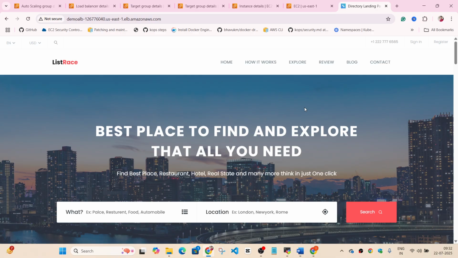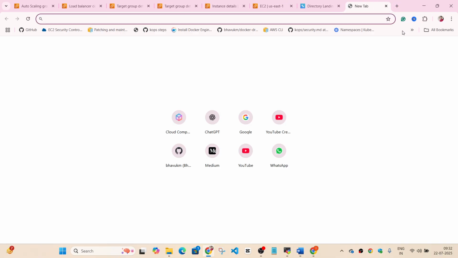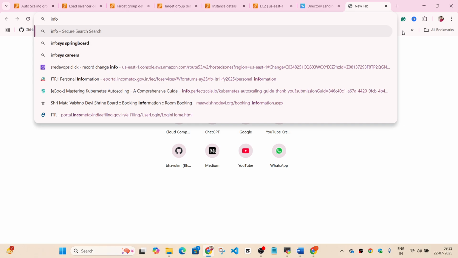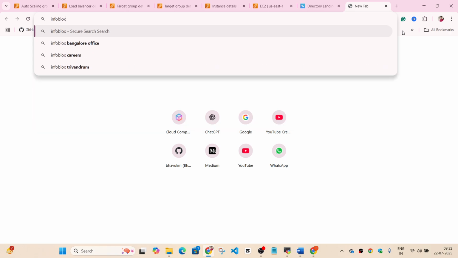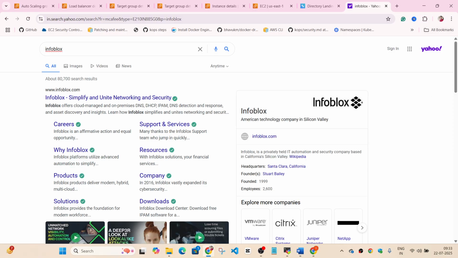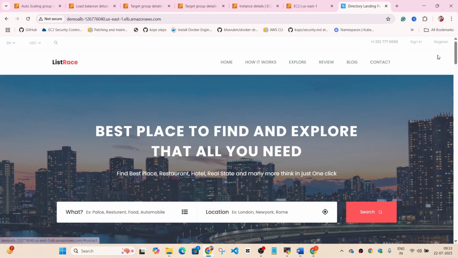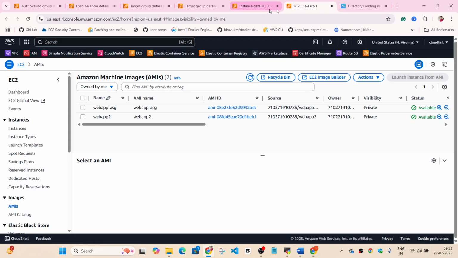In my last organization, for our public domains, we used to have one hosted zone in Route 53, and for our private ones, we were using another DNS tool called Infoblox. So there we had all the private DNS configured. This is what we were using as the private hosted zone to host all the private endpoints, and Route 53 for the public ones. So this is how we have configured.